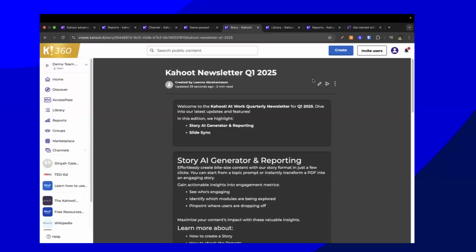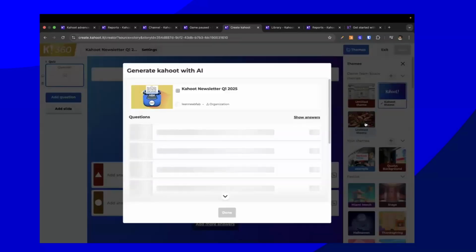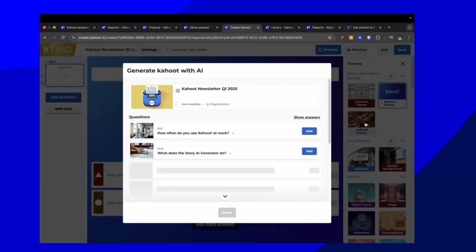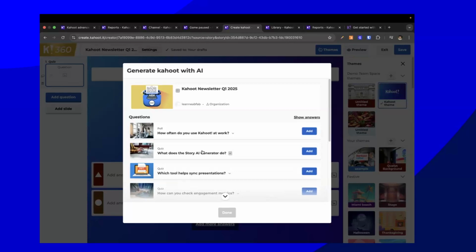Another cool thing as well, so you have created your story and maybe you want to know, after the story, did people really get what I was talking about? You don't want to embed a Kahoot right into it. Maybe you want to add it after and make it part of a course. So then what you can do is take that story and, using AI, generate a Kahoot straight from that. So just really showcasing how you can use AI with all of the content generation aspects we have with Kahoot, with stories, and of course with courses.